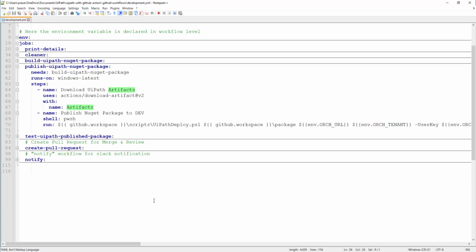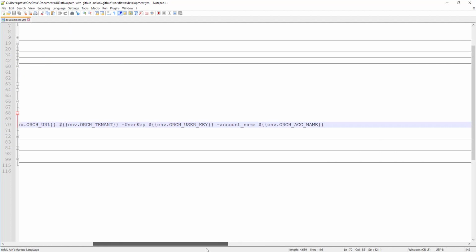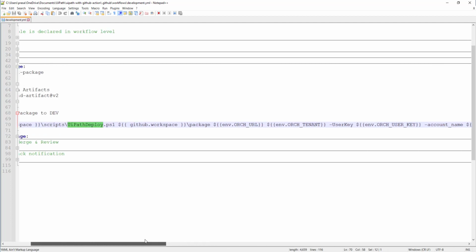Now we'll come to the next job, which is publish UiPath NuGet package. Here, we have the NuGet package file already uploaded on the GitHub Actions portal, not uploaded on Orchestrator. So we need to download the artifacts, because we need to have this script as well, and we also need to pass the location of our package.